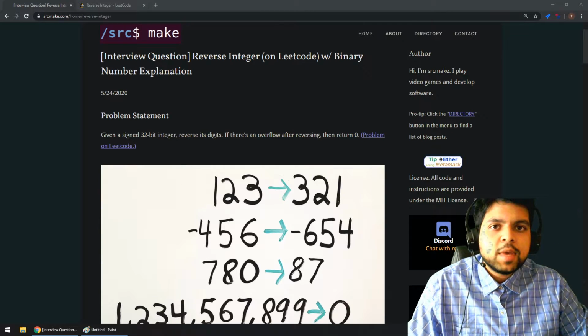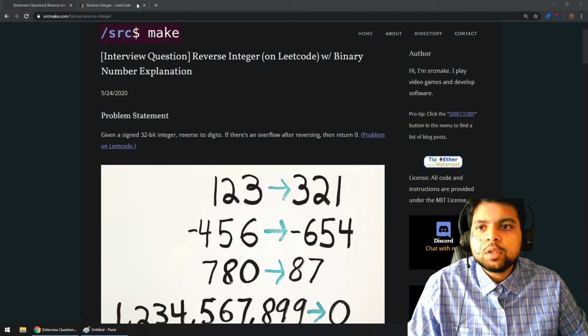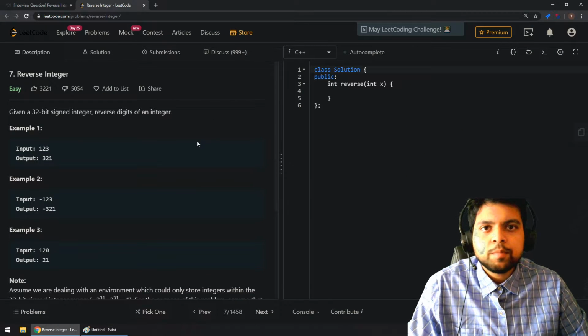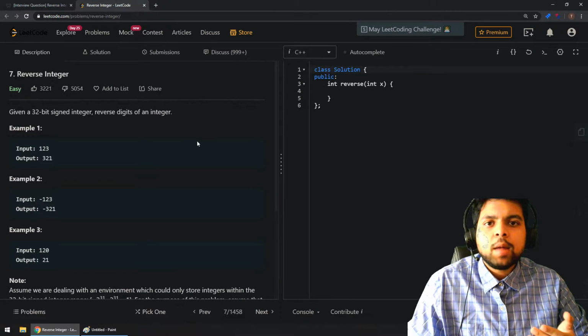Hey there, I'm srcmake, and welcome to the video on the interview question about reversing an integer, which also happens to be this LeetCode easy problem. Now, even though this is an easy problem, there is a lot of foundational knowledge that we can gain from